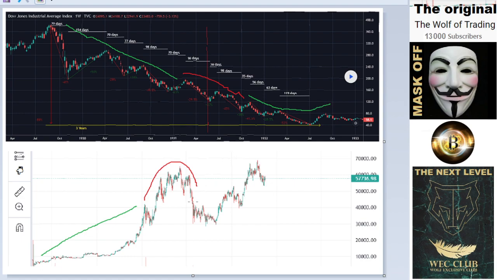We have an uptrend here, and an uptrend here. So the result was that we have reached this point. But at the Bitcoin price, the point is here. Do you understand what I mean? So the manipulation goes to the downside here, and here the manipulation goes to the upside. But the result is the same. The market crash is coming to this place.